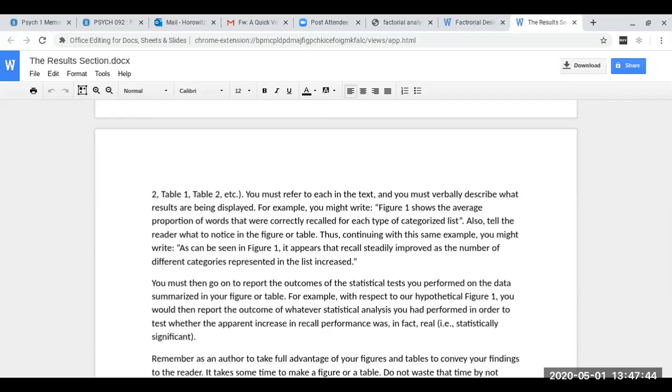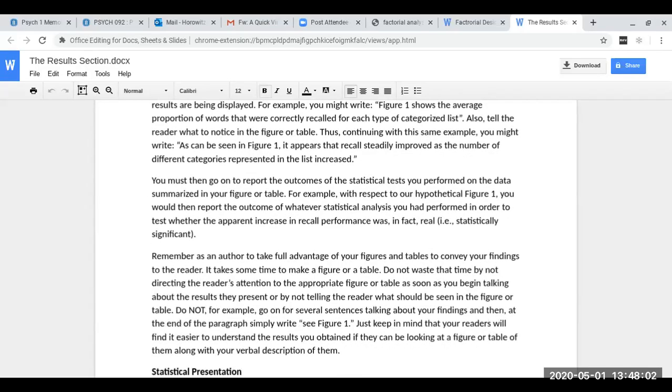For example, with respect to hypothetical figure 1, you would then report the outcome of whatever statistical analysis you had performed in order to test whether the apparent increase in recall performance was, in fact, real, aka statistically significant. Remember, as an author, you want to take full advantage of your figures and tables to convey your findings to the reader. It takes some time to make a figure or table, so don't waste that time by not directing